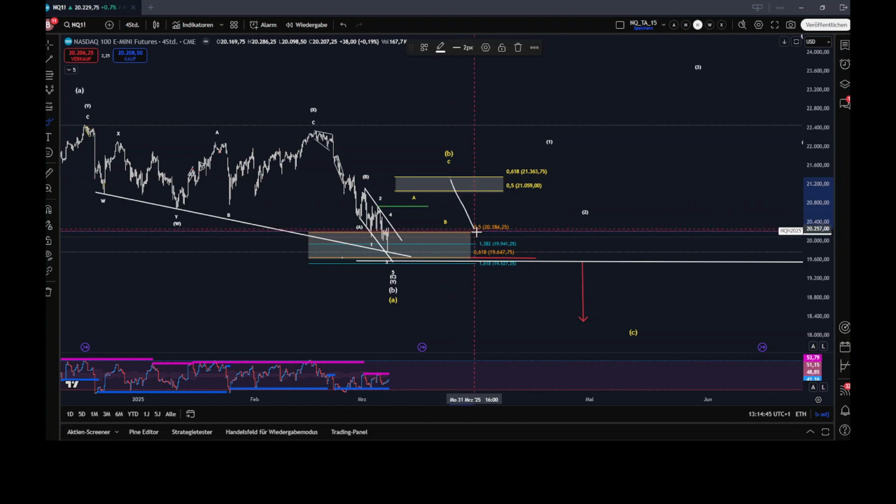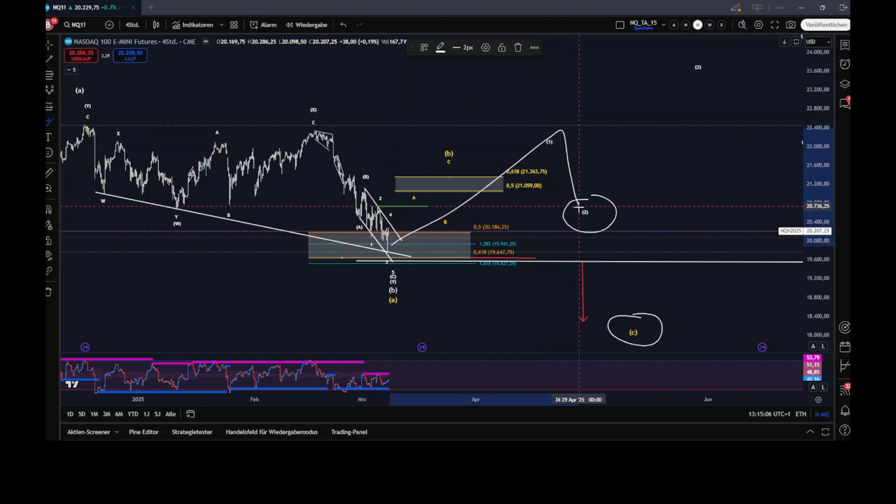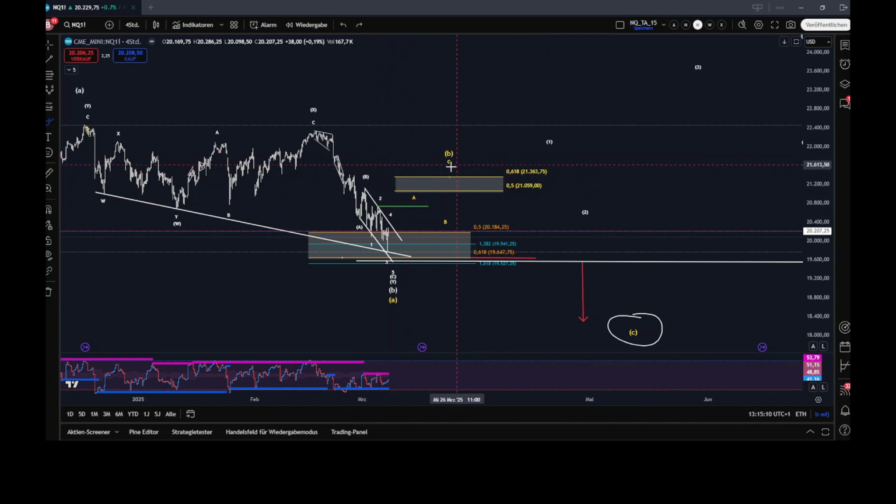If you see selling coming in here, very strong selling, then we could be sure that we're already in the yellow C wave down. And in the white scenario, I need a break above 21,363. That indicates something strong to the upside is going on in the C wave, and then very important, holding a higher low. Okay, so wave 1, wave 2, wave 3, and so on. That's very, very important. The levels you have on the chart are very important. You have the support area, and the break below this 19,647 would indicate that we're in the yellow scenario. Okay,